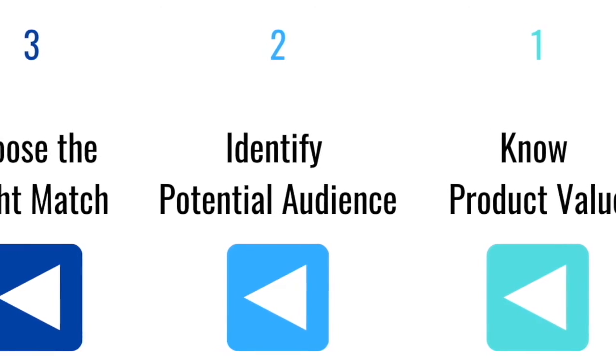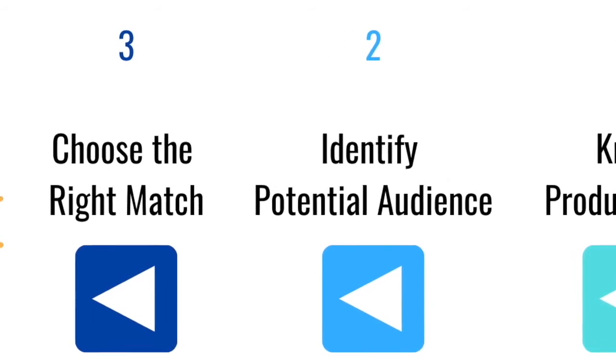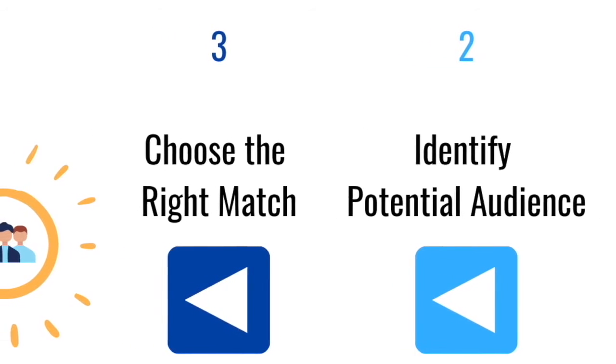Now, the third aspect is that once you've identified groups of people, potential audience who could be the right match for your product, you would need to then choose one target audience that could be the best fit for the product you have in mind. Now, you would probably say, Deepti, I just identified multiple groups. And they are all interested in the value that I want to provide. Why not target everybody? But I would then say, consider this.